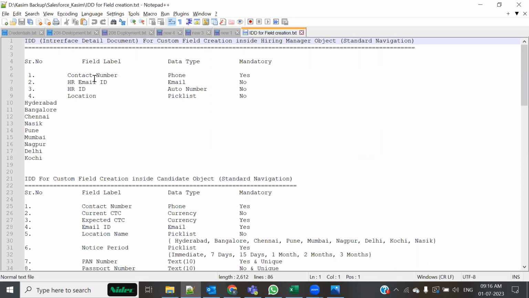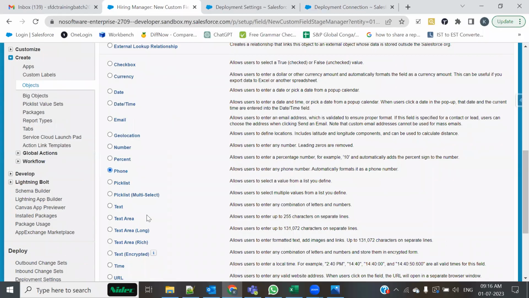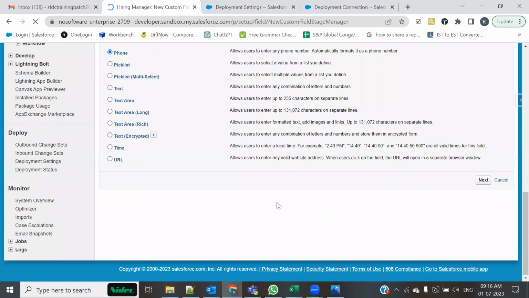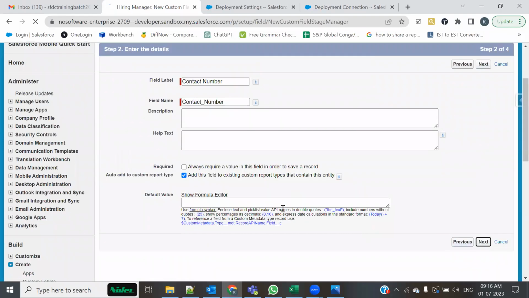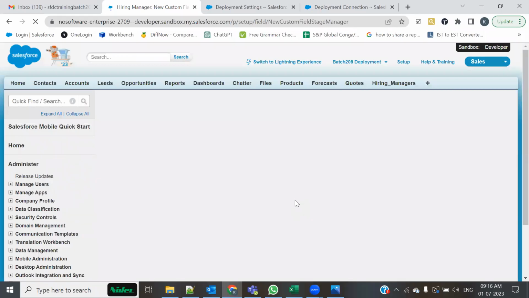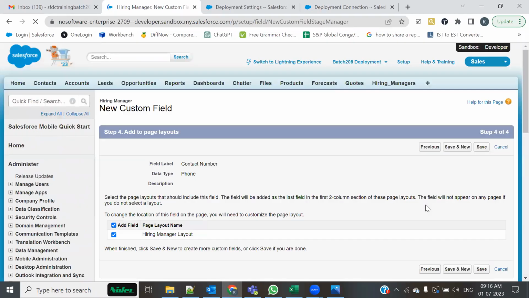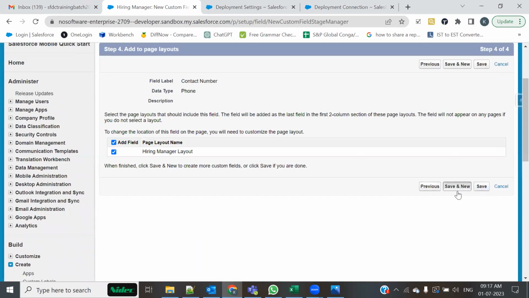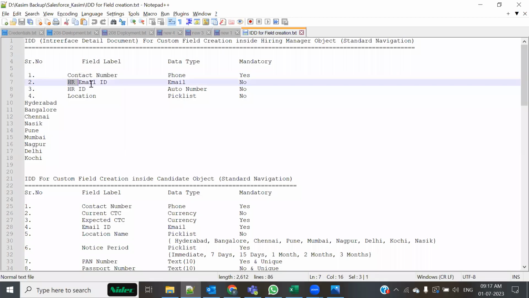So in Hiring Manager, let me create a field called contact number with the data type as phone. So I would be creating a phone, and next. The name of the field would be contact number. Next. Make it visible for all of the profile users. Next. Let it land onto this page layout. Save. The next would be HR email ID,